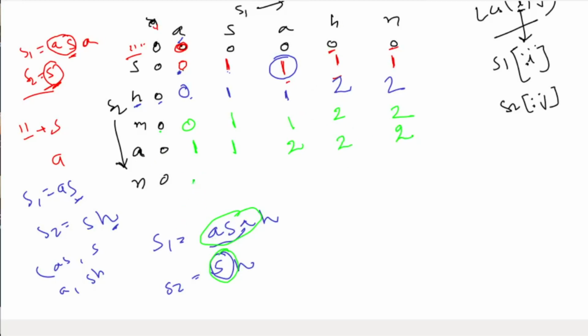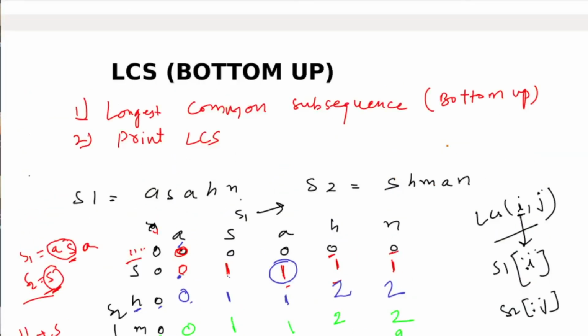And for N, this is 1 1, 2, 2, and finally 3. So this is our DP matrix which we used to construct using dynamic programming plus recursion. Okay, and now you know that length of longest common subsequence will be this DP coordinate dp[m][n], and that is this value. So this is our length of longest common subsequence. Okay, and now what if we want to print the longest common subsequence? Let's see how we can do that.